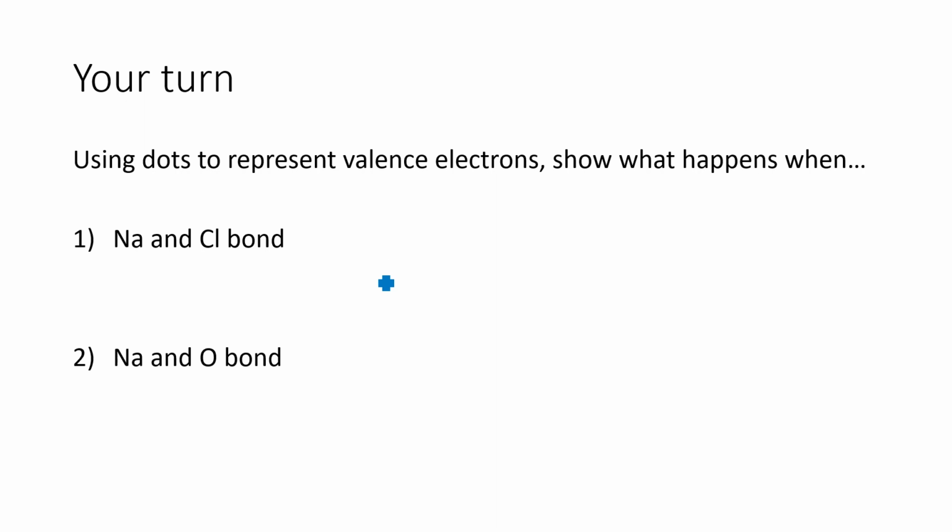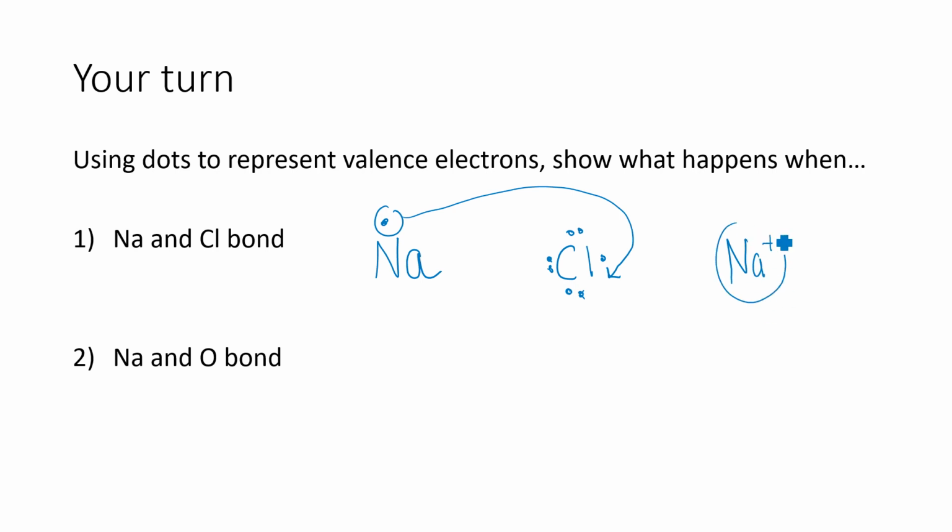All right, so I'm just going to start drawing this out. I'm assuming you've already given this a try. Sodium has 1 valence electron. Chlorine has 1, 2, 3, 4, 5, 6, 7. So when they bond, sodium is going to give an electron to chlorine. And I'll actually write out the result here. So sodium loses its valence electrons, and then chlorine ends up